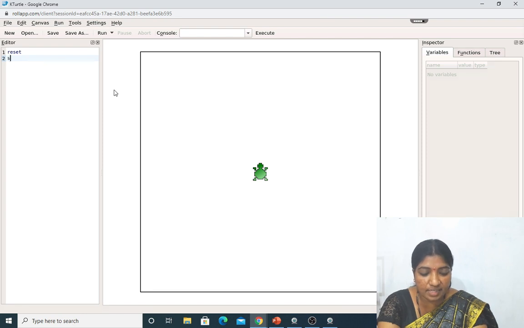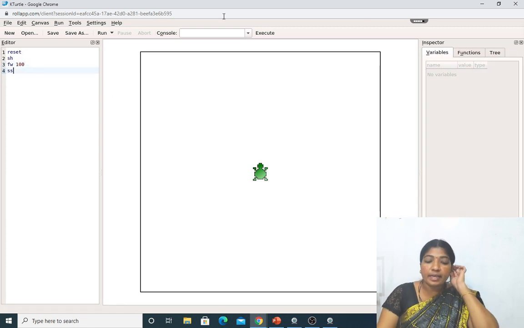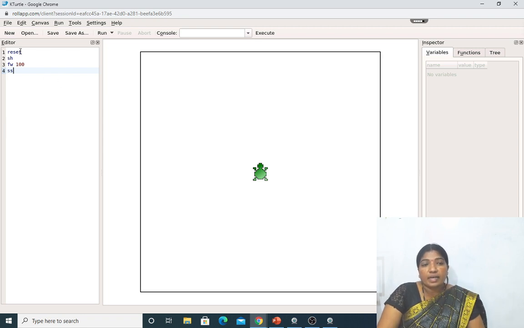After that, SH, that is sprite hide, will be followed by the forward command, that is FW 100, and SS, that is sprite show. What happens here? Notice reset brings the turtle back to its original position, and SH, that is sprite hide, makes the turtle invisible.